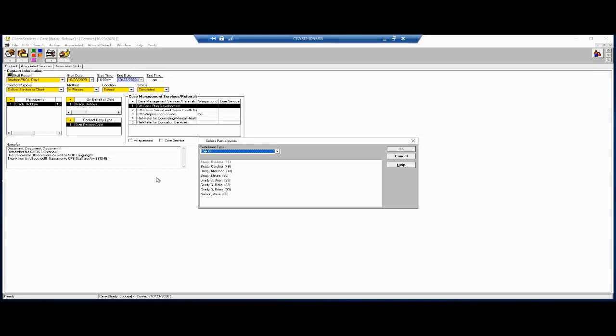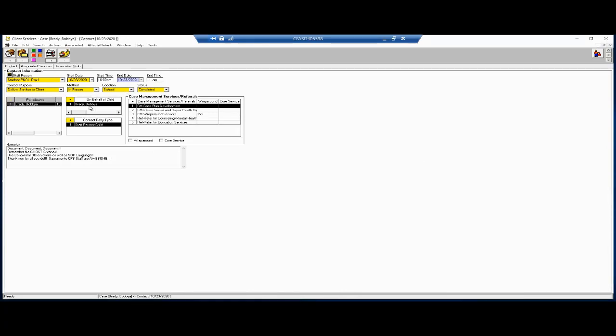You will notice that the On Behalf of Child and Contact Party type auto-populate. You may manually change this information by clicking the yellow plus sign in the necessary sections, found right here and right here. This next section, this Case Management and Services Referral section, is really what we wanted to highlight